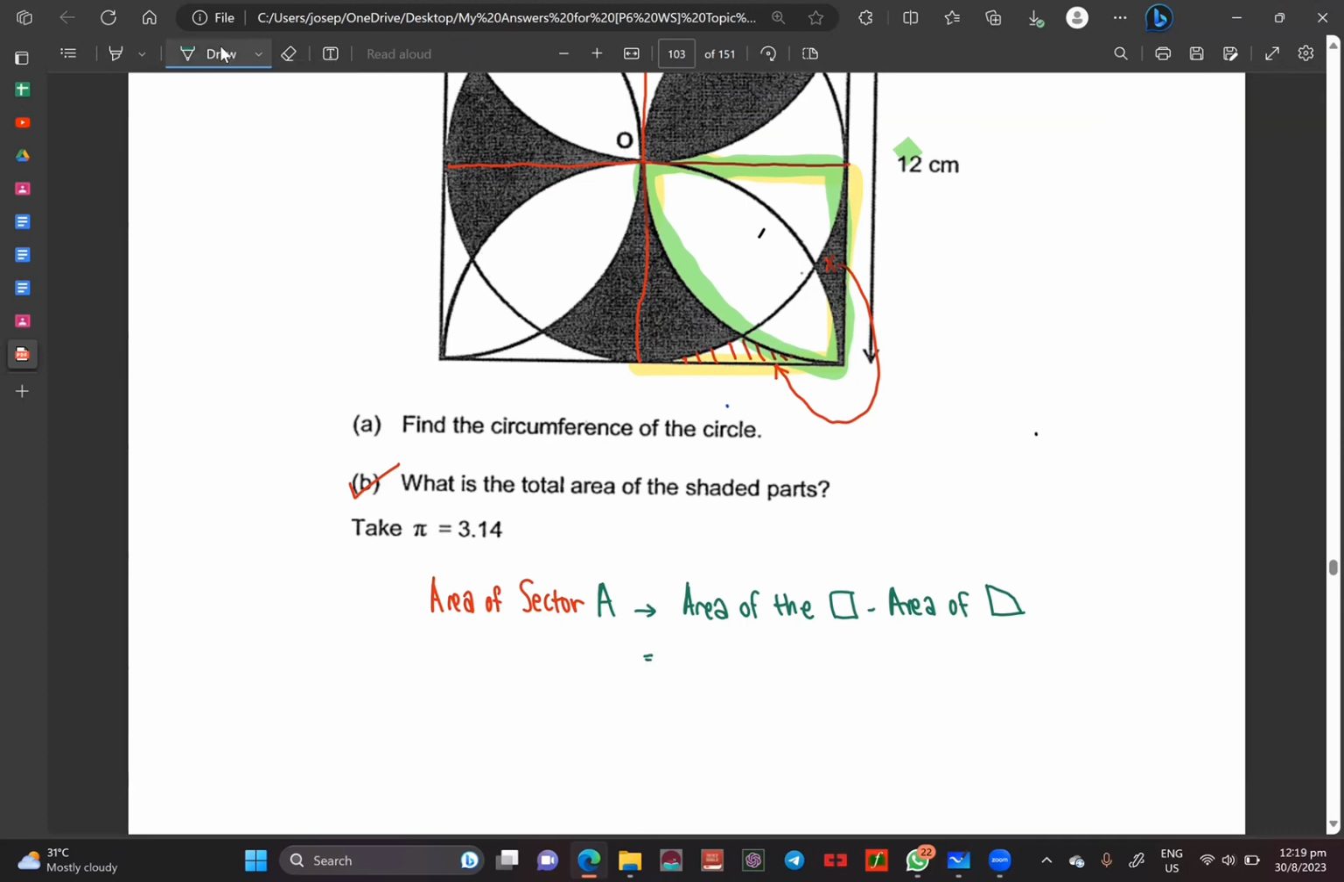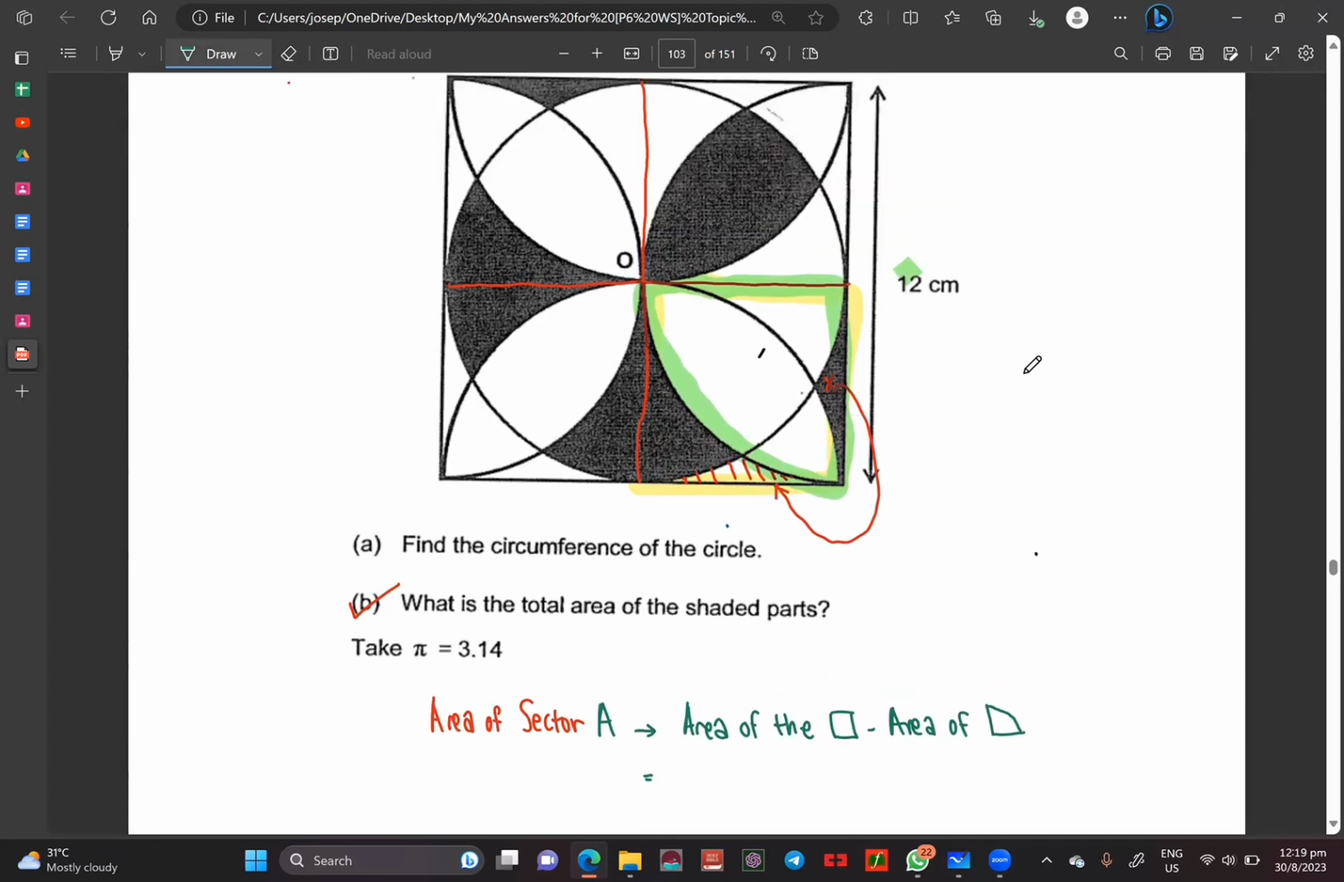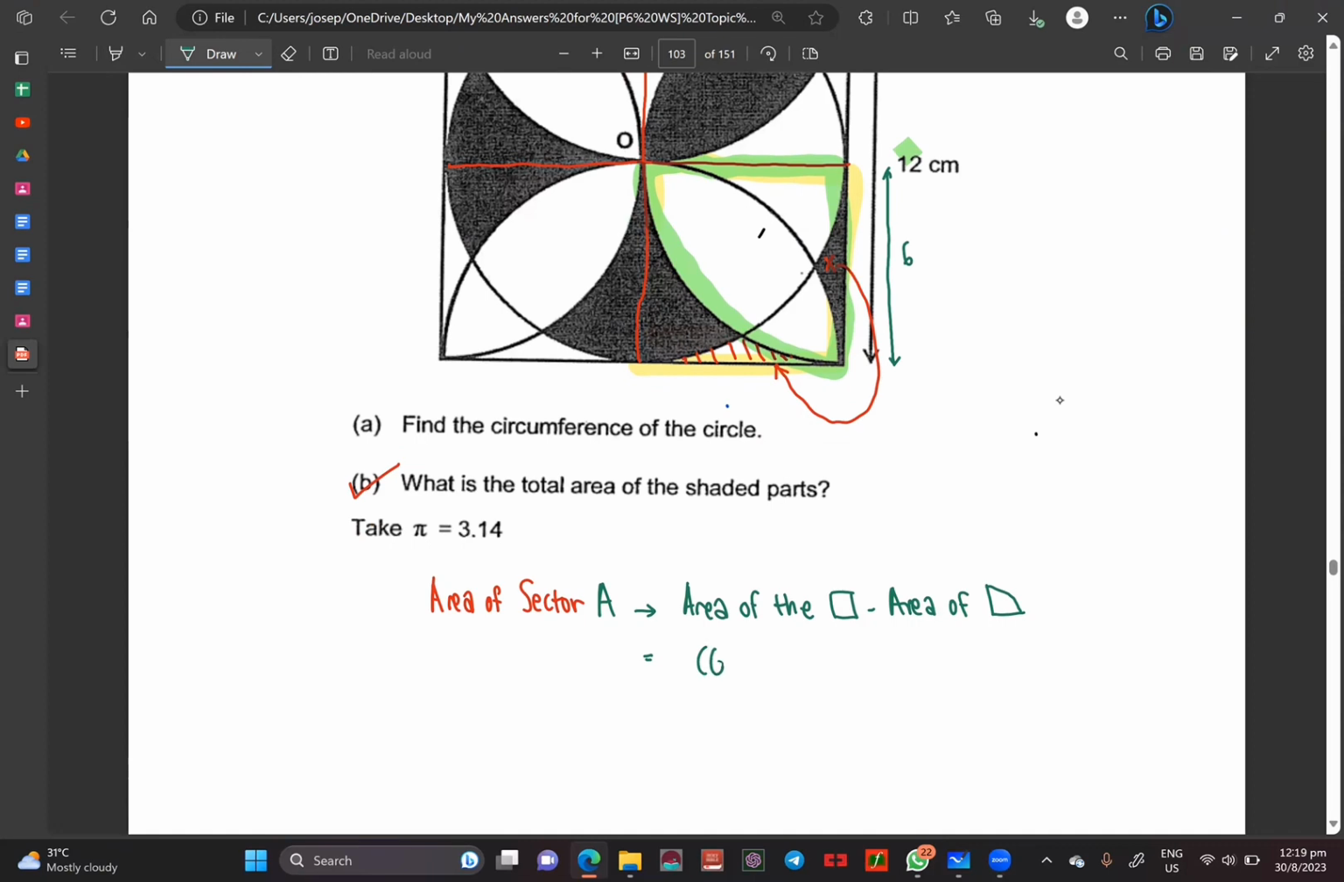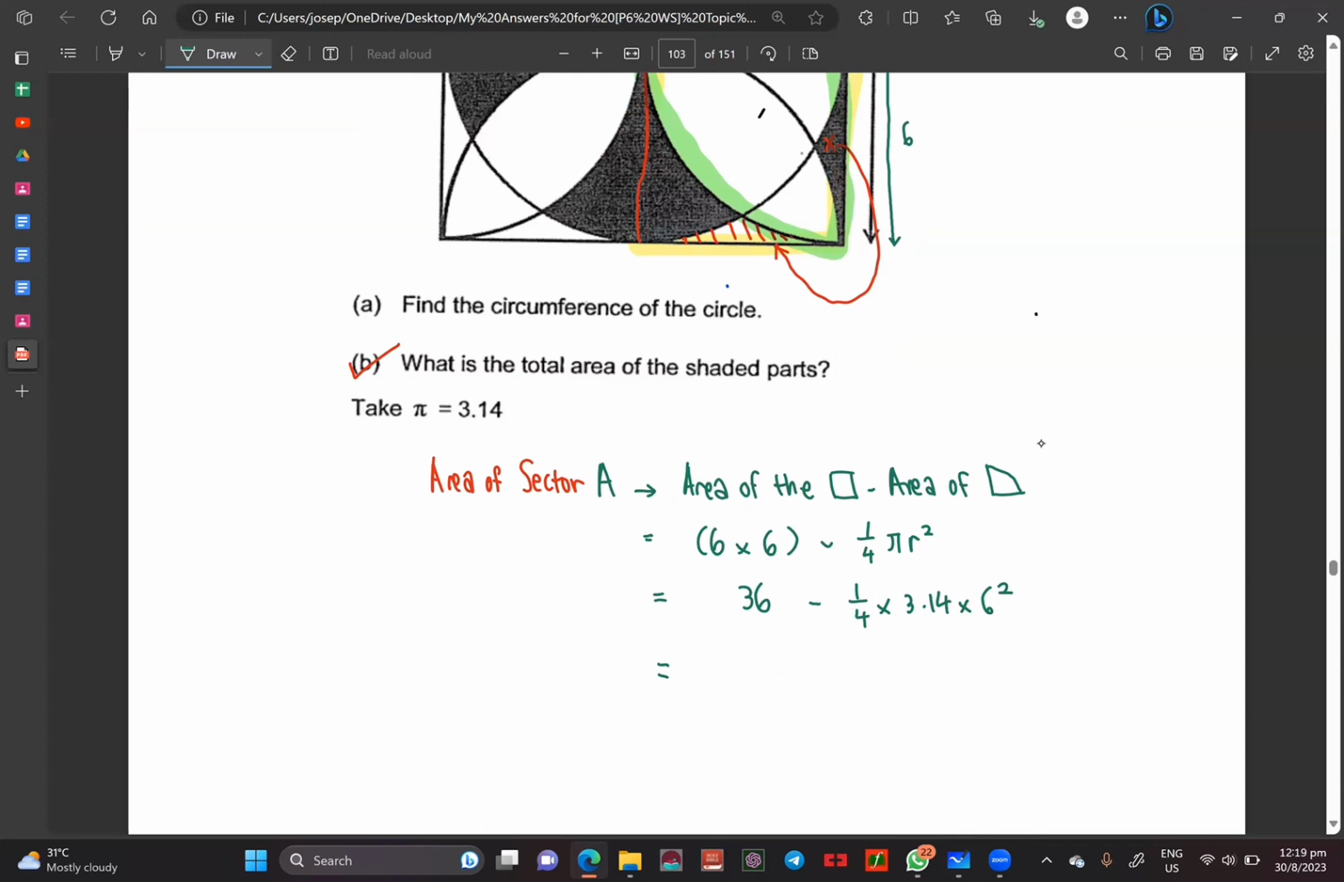Okay, so the area of the square will then be, because if this whole thing is 12, then of course whatever that is over here is actually 6, right? So I'm just going to do 6 times 6 first, minus away the area of the quadrant, so 1 over 4 pi r squared. All right, so 6 times 6 is 36, minus away 1 over 4 times 3.14 times radius being 6 to the power of 2, right? Okay, so over here will be 36 minus away